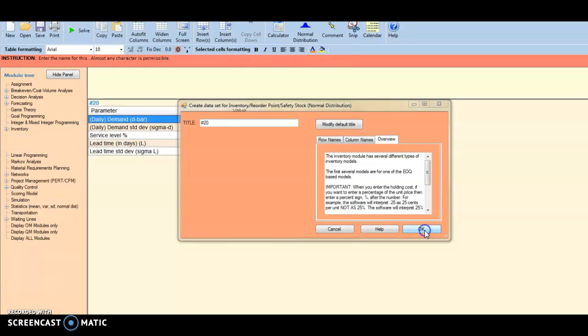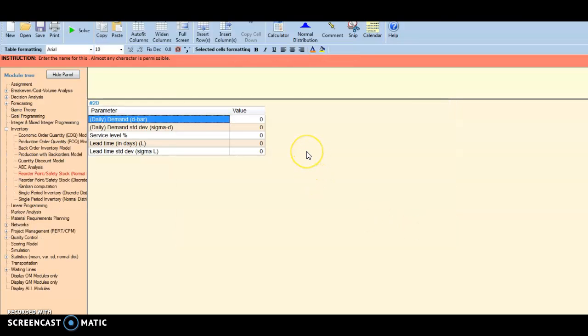And I'm going to go ahead and hit OK. And my daily demand was given as being 600 pounds. My standard deviation on that daily demand is 52 pounds. The service level that I require is basically, since I can accept a 4% stock out risk, that means that I want to service 96% of the time, so I put in 96. Note that again I have to put in 96 because it asked me for the percent,